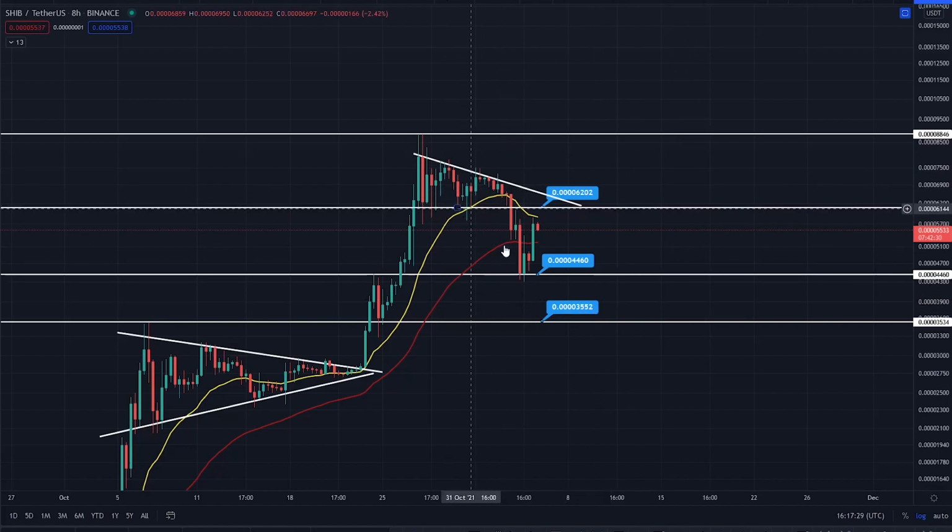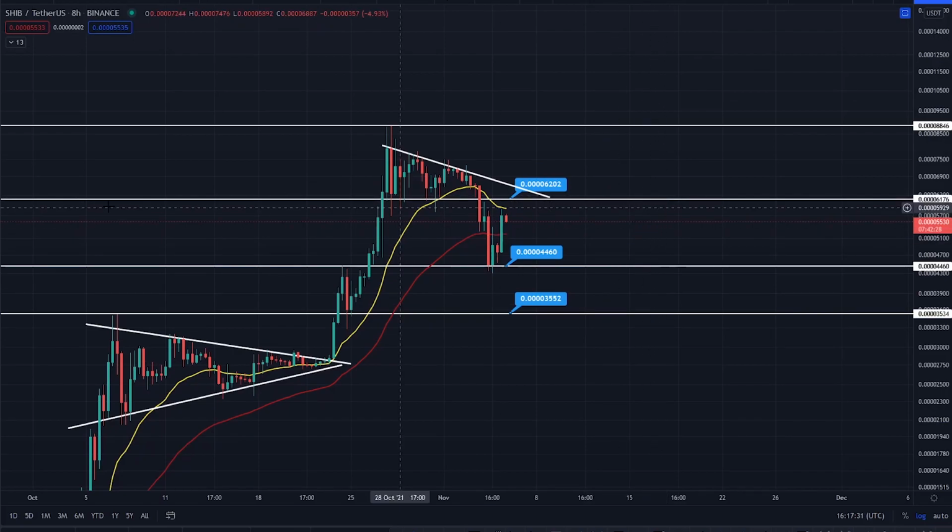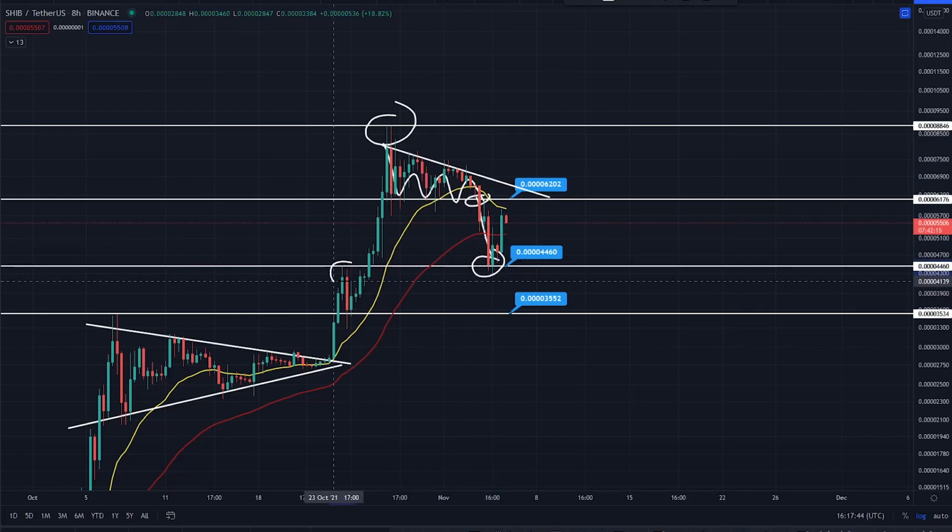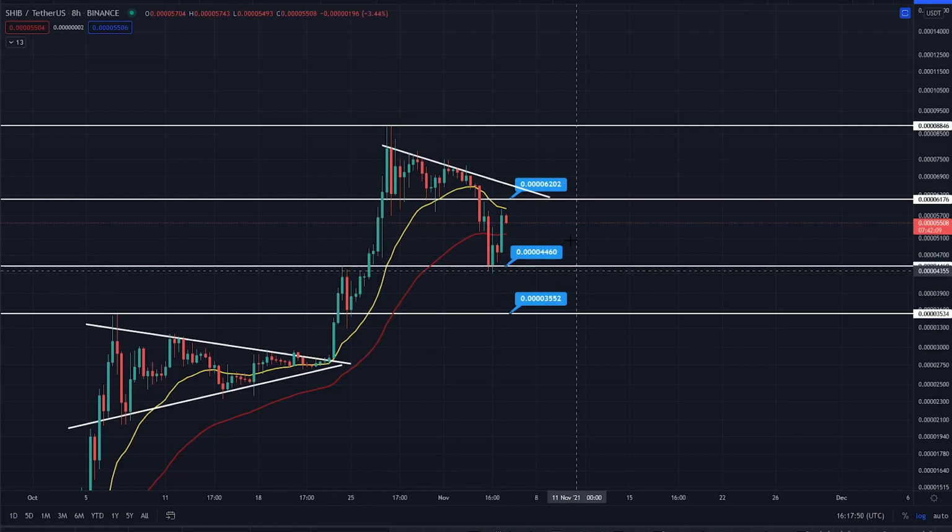Now, I did post this setup on Twitter, I think as it was happening, and I did say to you in a previous video, look, you met the technical target just there and you started to retrace, and I said you've got a descending triangle. If you lose support, you've got a short, and basically this is a level of support where you'll find a bounce. And look at that. It's really easy, and I teach everyone this.